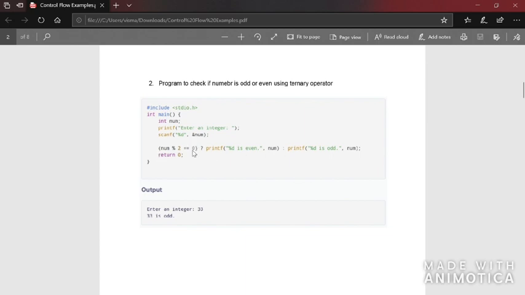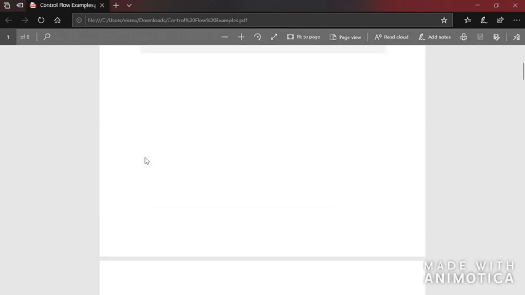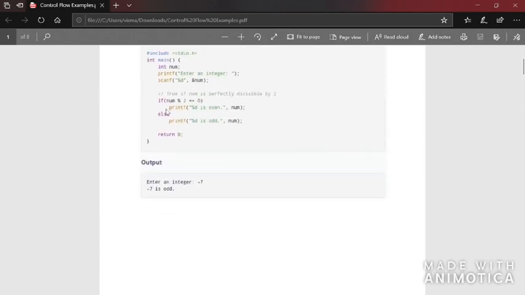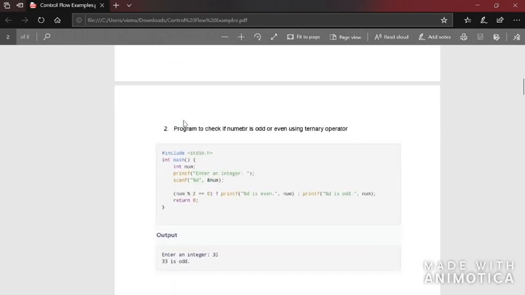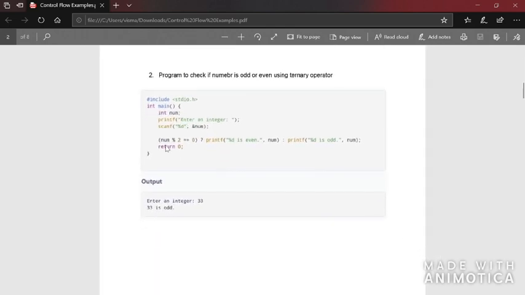So it is like, if num modulo 2 equal to 0, printf %d is even, else printf %d is odd. The same functionality we did in the above program using if else can be done using the ternary operator also.